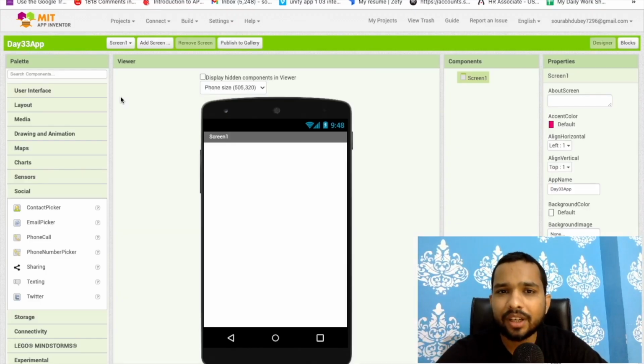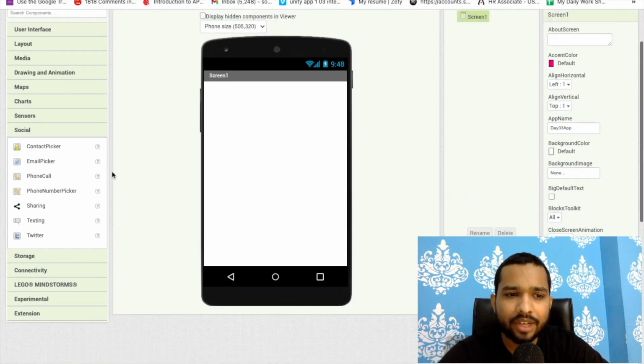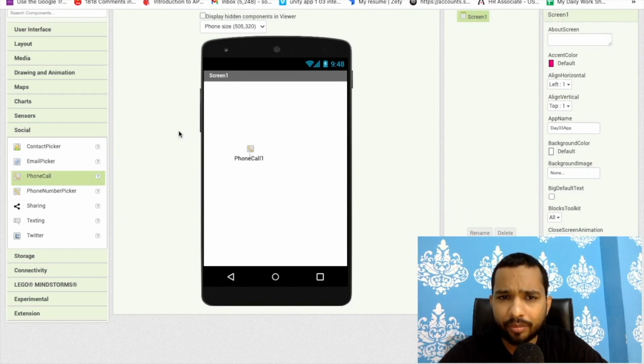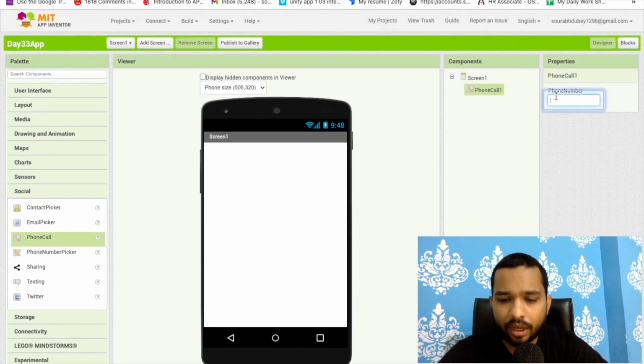So in this video, we will learn how we can use the phone call component in MIT App Inventor. So it's really very easy. As you can see here in the left side, you have phone call. Just drag and drop this here. This is the non-visual component, okay? And you need to put your number. So suppose I just put the number